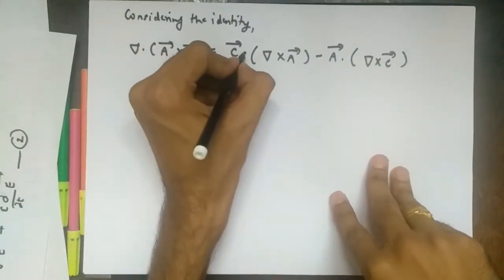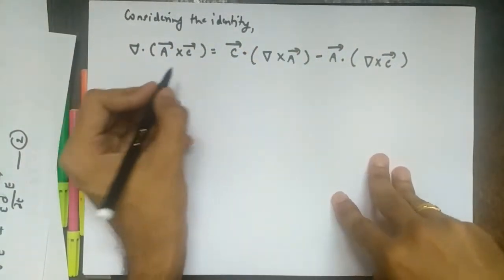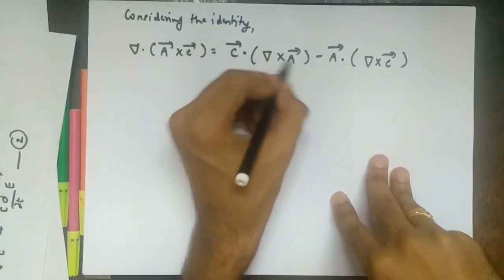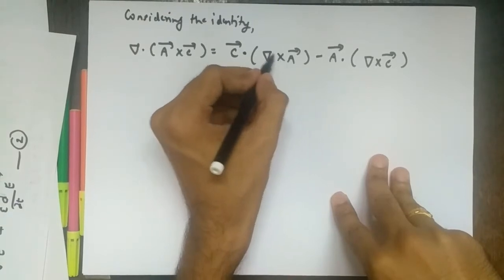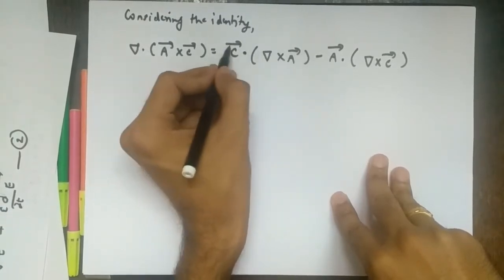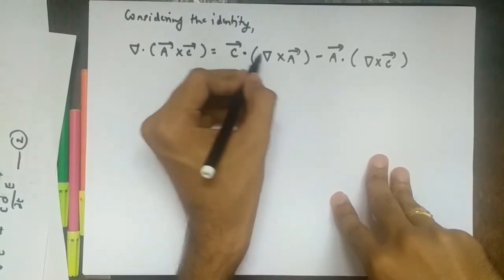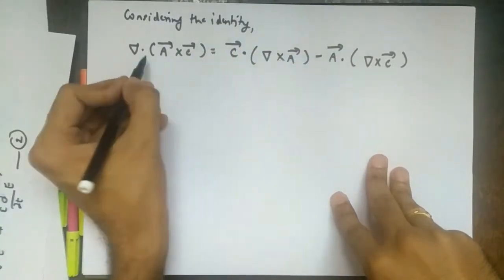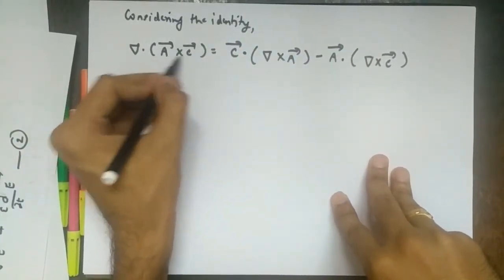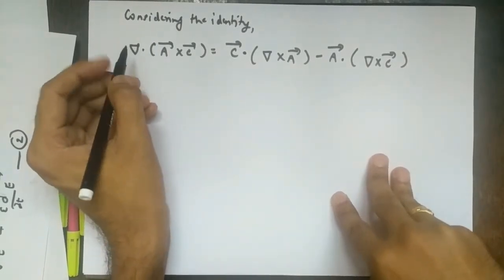Now this is very important. I have given dots here. It means what? This is a vector and this is also a vector. This is a curl operation, right? So this is obviously a vector. A cross product always gives a vector, right? But this is a dot product, so this will give a scalar. This is also a dot product, so this will give a scalar. It means this should also be a scalar. So this is a vector, this is a vector. A dot product gives a scalar, right?